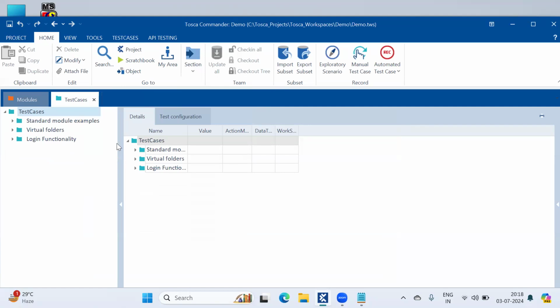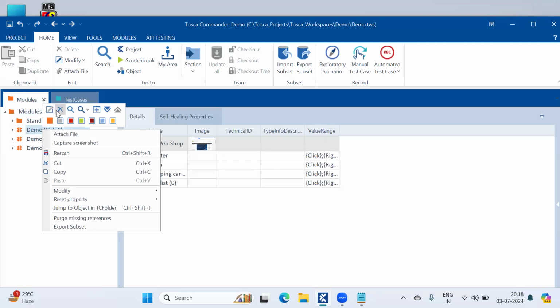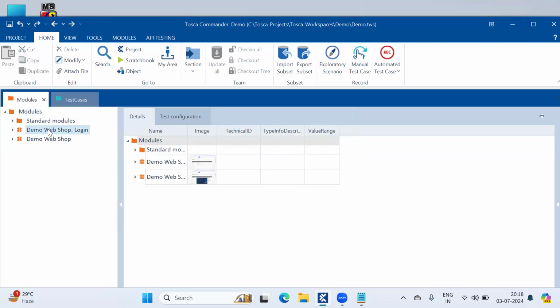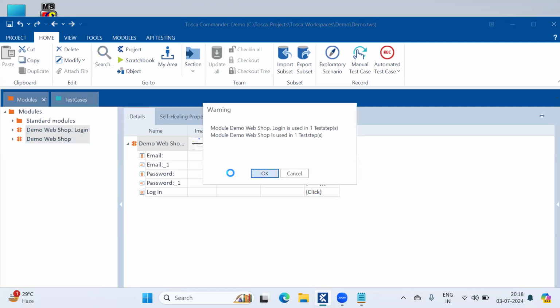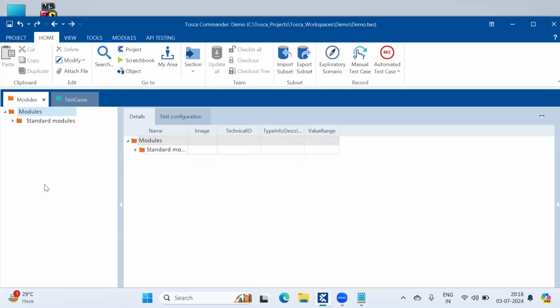And coming to module section, today I will show you how to create a module and I will show you one sample test case. Let me delete all the previous folders. This is the module section.